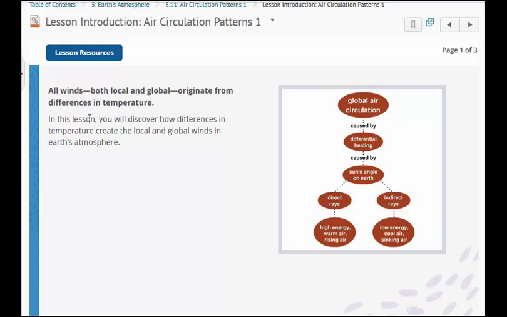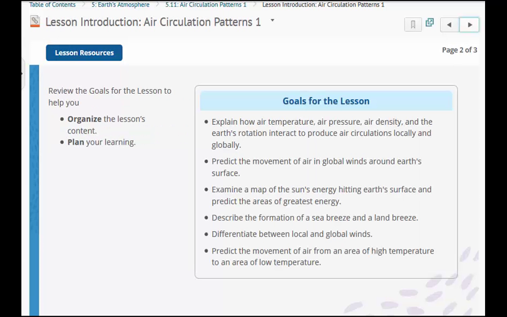So we've been talking about the wind and air circulation and how they form and what that means on Earth. Make sure you know that global wind is created by a difference in heating. If the Earth was heated the same everywhere, there might not be wind. But since some places on the earth get more heat than others, we